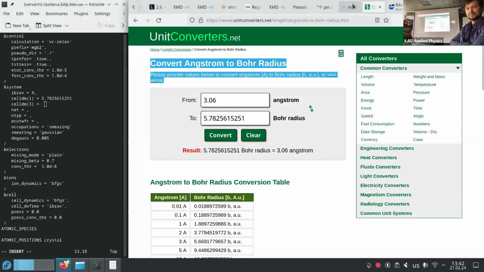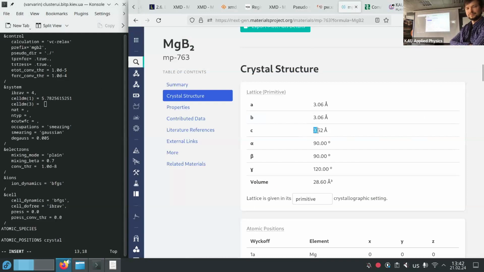Now you transfer angstroms to Bohr because in Quantum ESPRESSO we have to use Bohrs. And then I divided vector C by vector A to get 1.15, because celldm(3) is vector C divided by vector A.